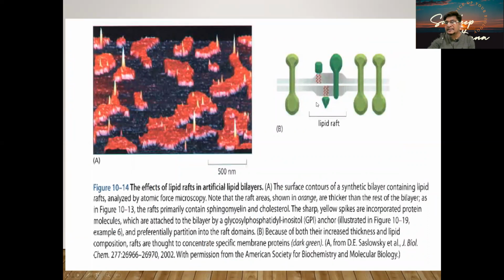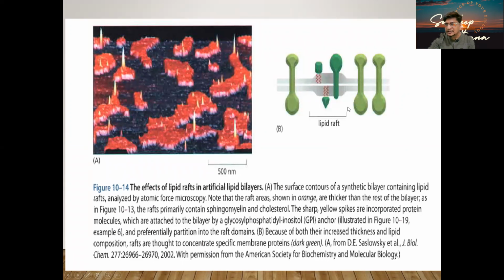Another structure in the lipid that is very common, because of the long tails of the fatty acids in cholesterol and some of the other lipids, is that they make a microdomain, and the thickness here you can see is going to be more. This is called a lipid raft. Here we have many proteins which temporarily come into the picture, called GPI anchor proteins. Usually two components are involved over here. One is the sphingomyelin, another one is cholesterol. So these two form the basis, and this creates a temporary structure.